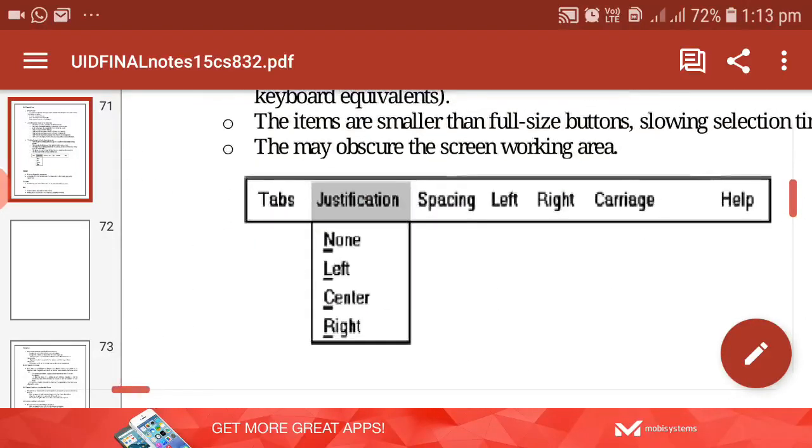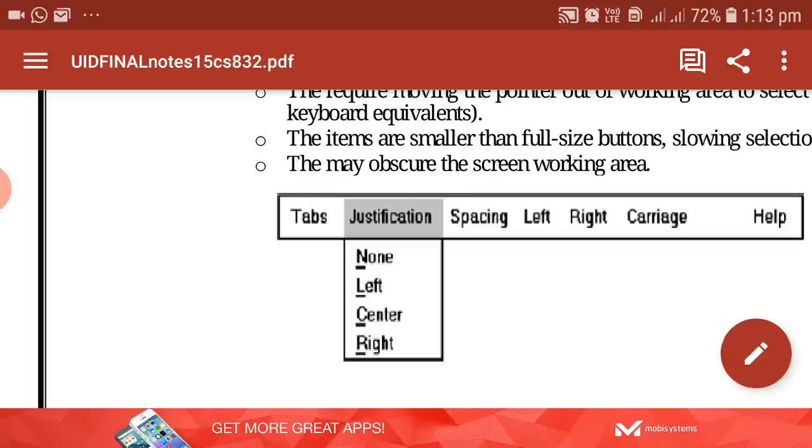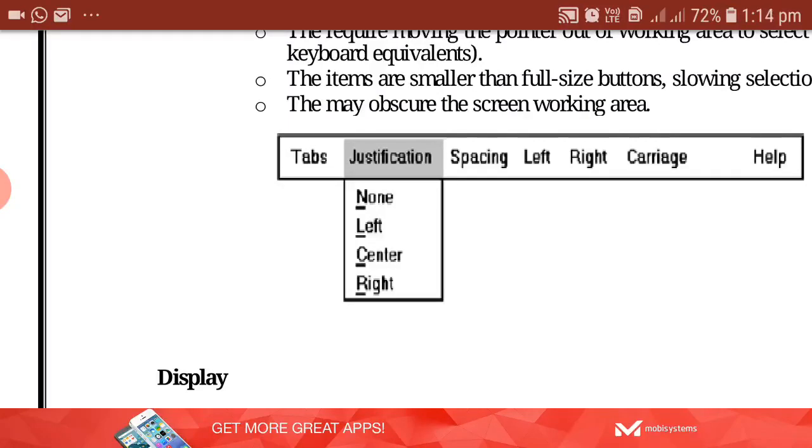Whatever I am telling, see here. What I said is how to lay out the choices in the drop down menu. Justification is my choice in the main menu bar. Where the first option descriptions are None, Left, these are my options in the drop down menu. Where should the N start? In the main menu bar, J, U, S. U is the second letter. Under the second letter of your main menu bar selection, the first letter of your drop down menu should start. That means N should appear below U.